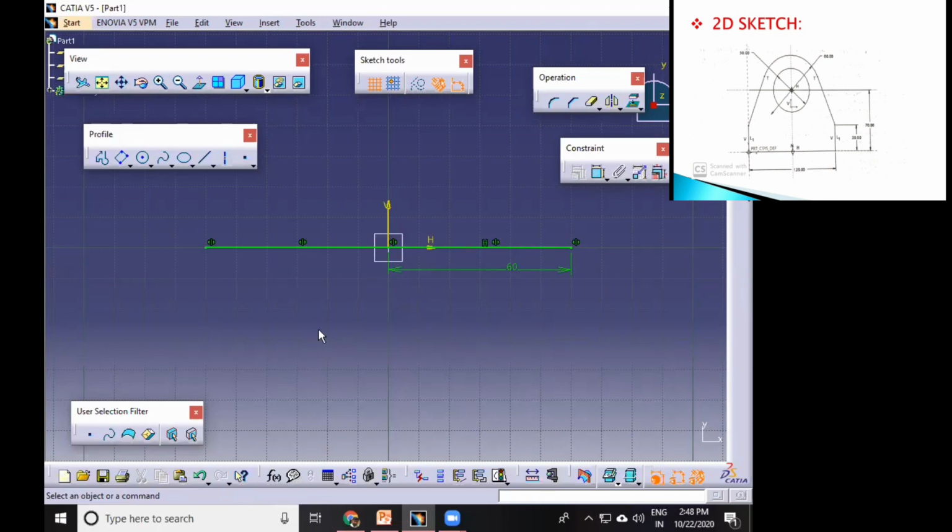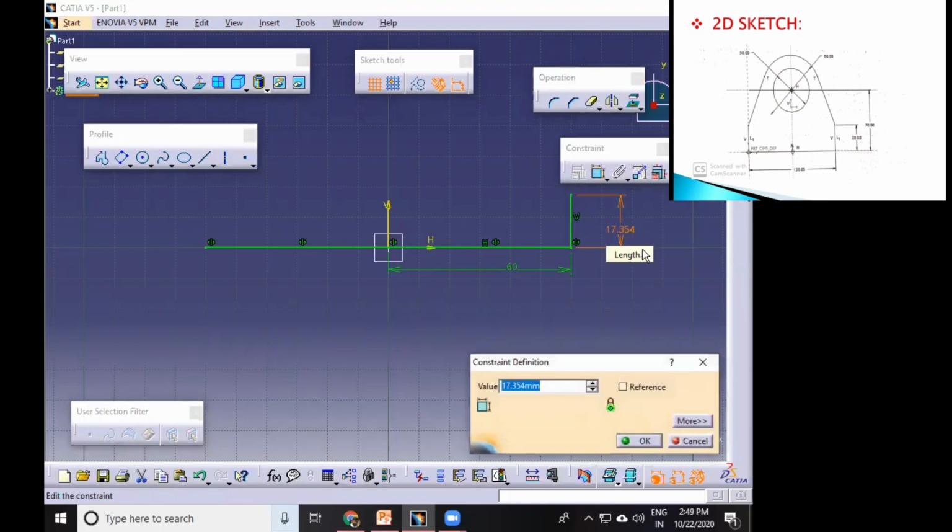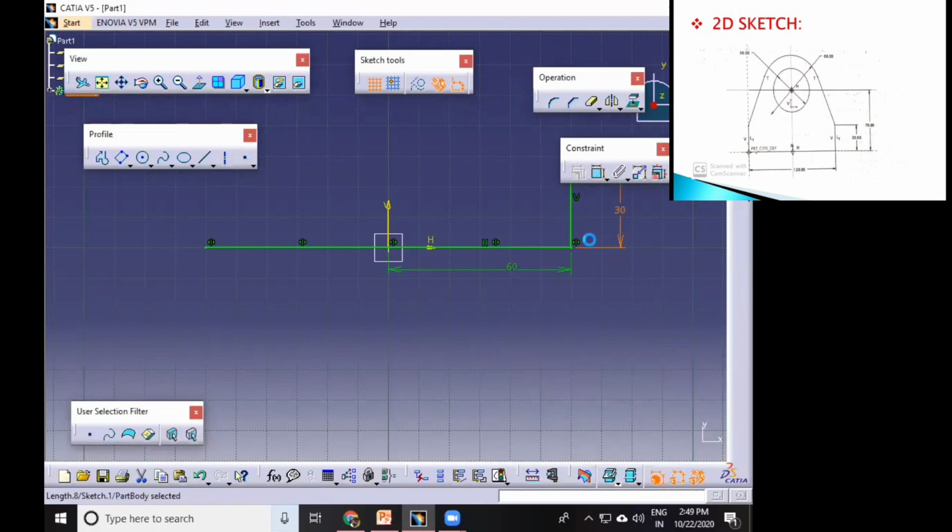Okay, next in your diagram, click on line, then this line has a dimension of 30 mm. Okay, give 30 mm. Okay, then in that also we mirror this.